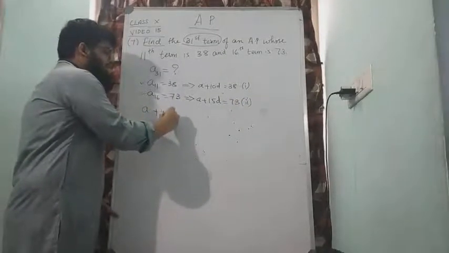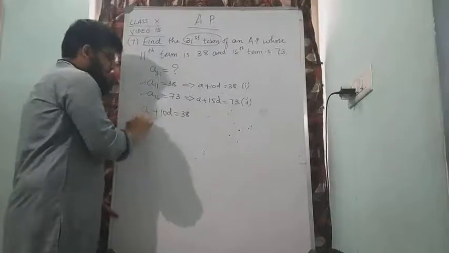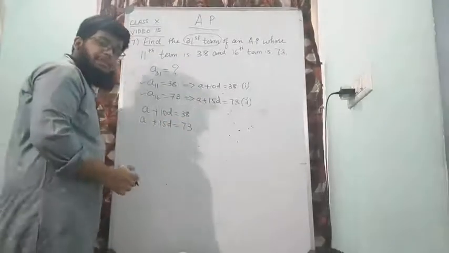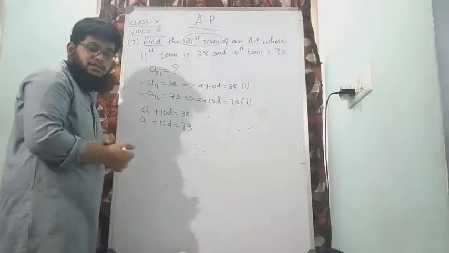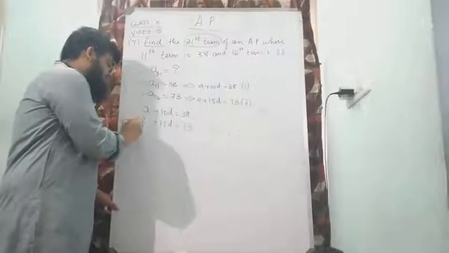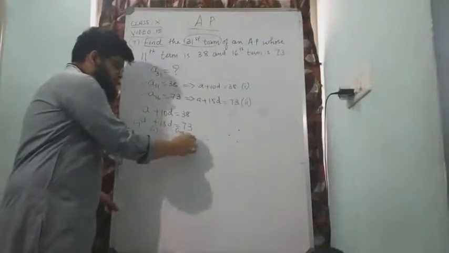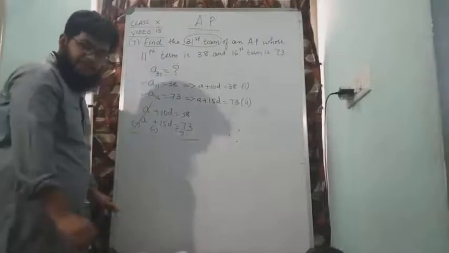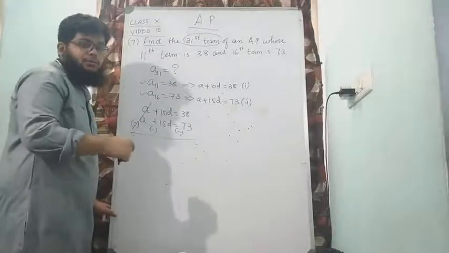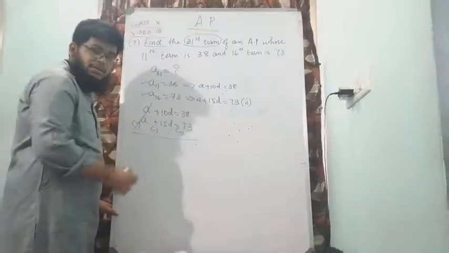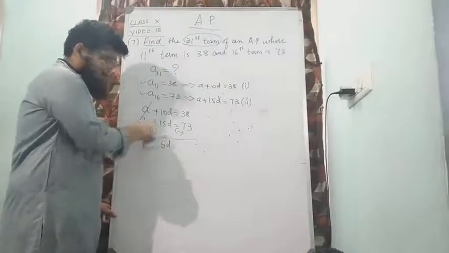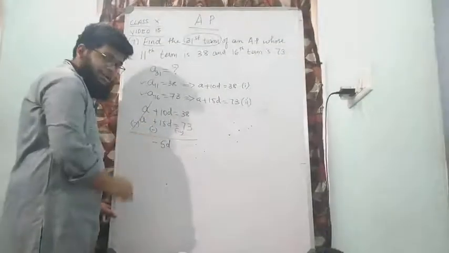So I will write both the equations. A plus 10D is equal to 38 and the second equation A plus 15D is equal to 73. And if you remember the elimination method that we have learned in the last exercise or last problems, you'll have to use the same one. So we will change the sign of the second equation as usual. A minus A can be cancelled. If you have some confusion about this method, please recall or revise the videos before this. Plus into minus will be minus. 15D minus 10D is 5D, but 15 is a greater number and it has a minus sign. You always consider the new sign that you have taken. So you get minus 5D.